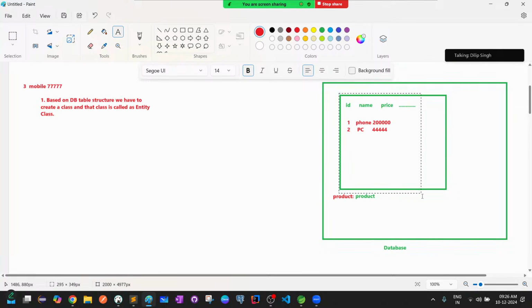The moment you create tables in the database based on the requirement, then based on the database table structure we have to create a class, and in this case JPA calls that class an entity class. So the overall process JPA is saying is: create an entity class. So what is an entity class? Whenever you hear entity class going further,